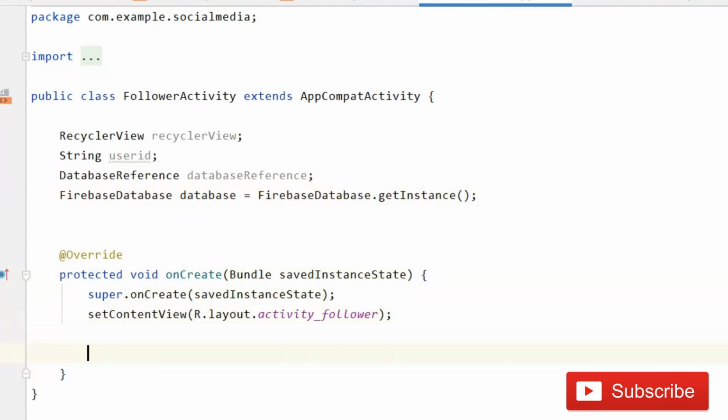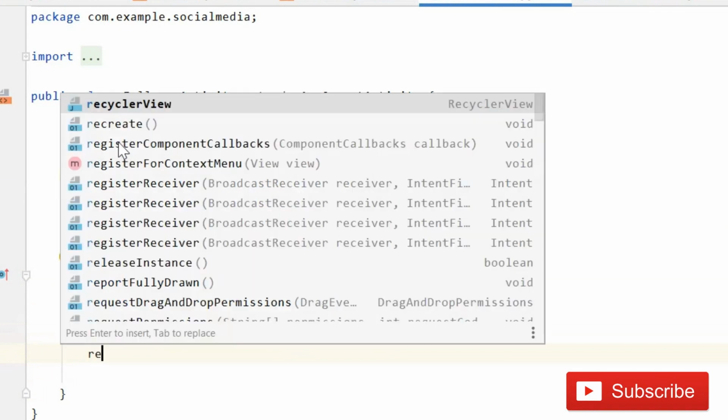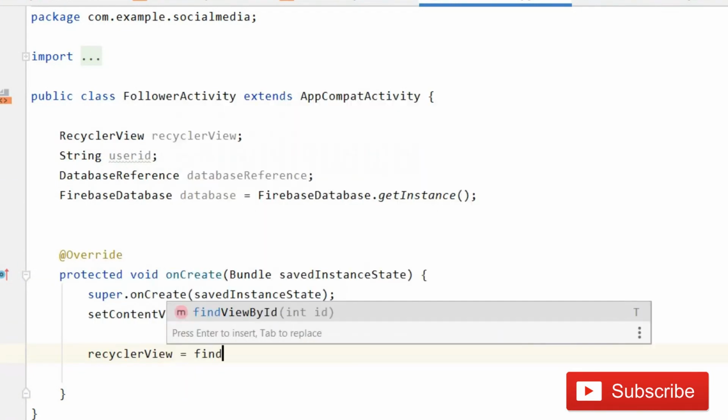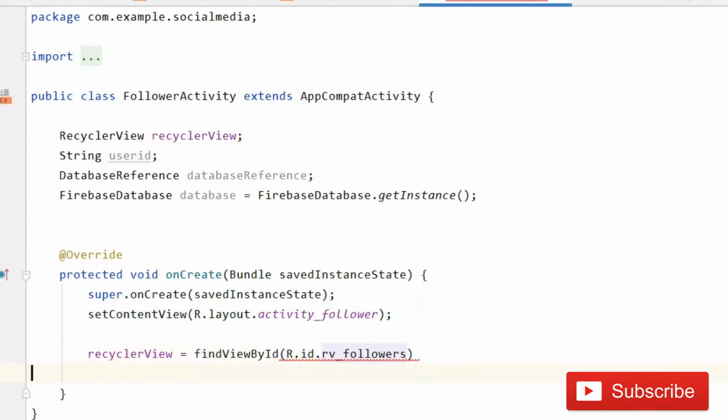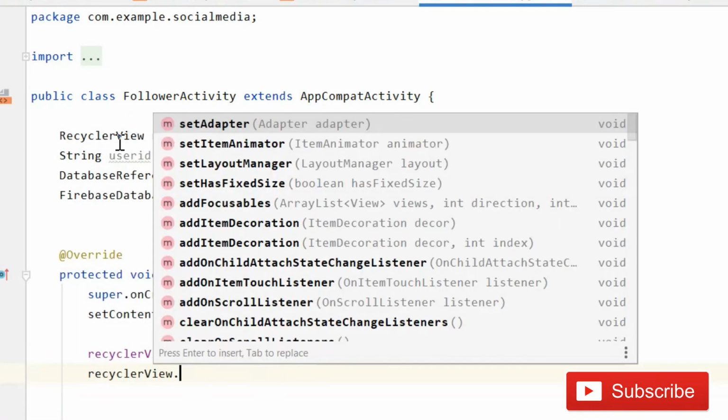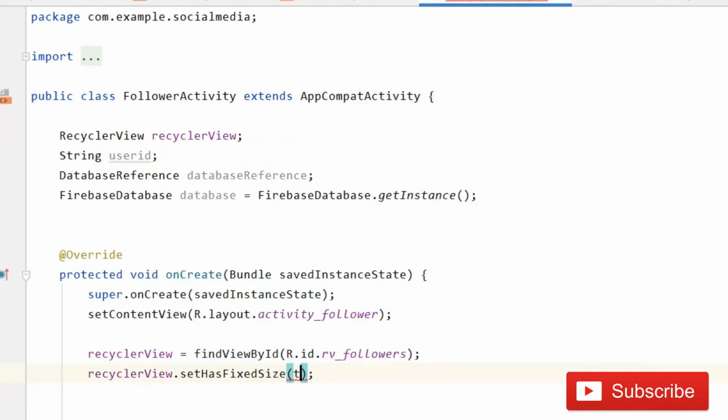Then here we will give the reference for that. So first of all, write recycler view equals find view by id r dot id dot rv follower, because it is for the followers activity, then semicolon. And after this, we can fix the attributes for recycler view, set has fixed size, then pass true inside that.